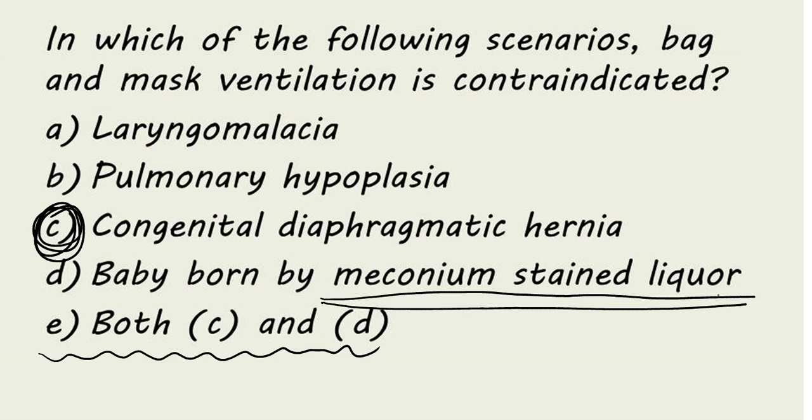That is why, to check whether you are updated with the new guidelines, I have given this option. Previously many of the questions which came in the previous years' exams used to mention meconium stain liquor as one of the contraindications for bag and mask ventilation. But now it has changed. A baby with meconium stain liquor, if the baby does not cry after birth, it is not the case that bag and mask ventilation is contraindicated. You have to go with the usual steps of neonatal resuscitation. Are you able to follow this? So that is to highlight that point only I have made up this question.